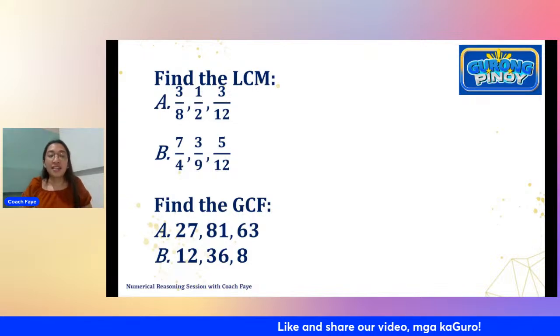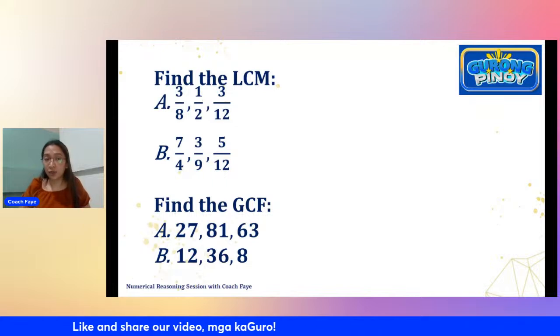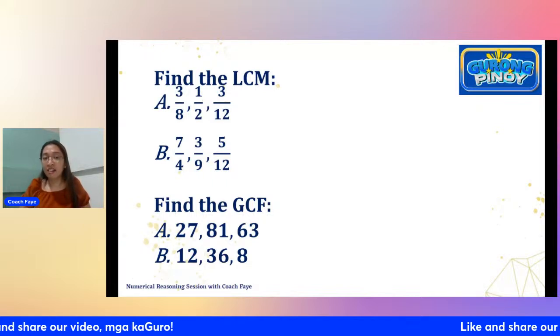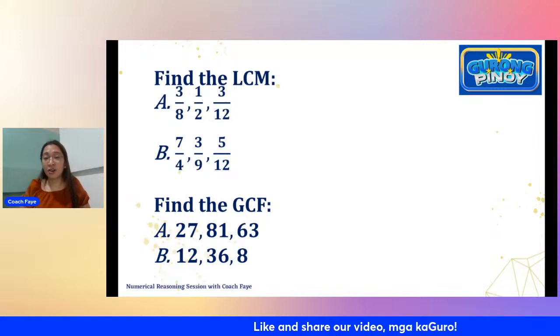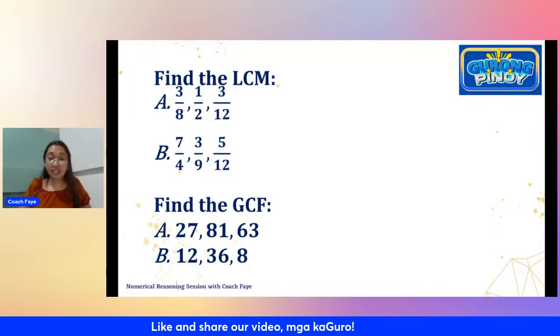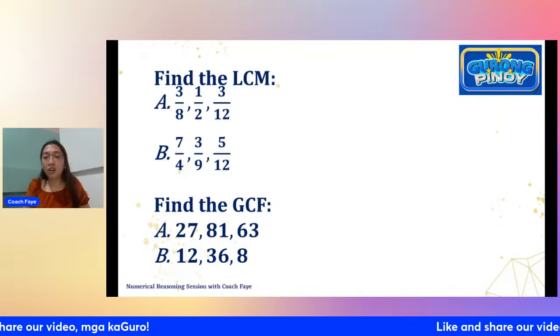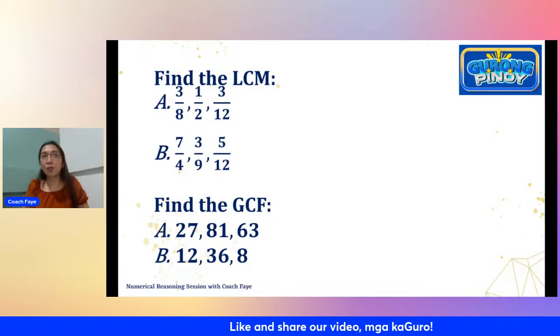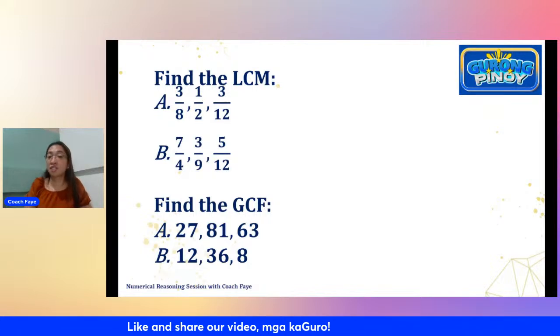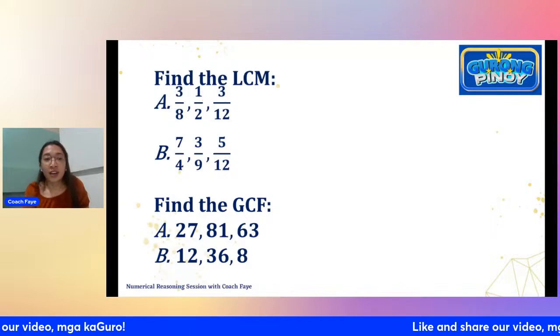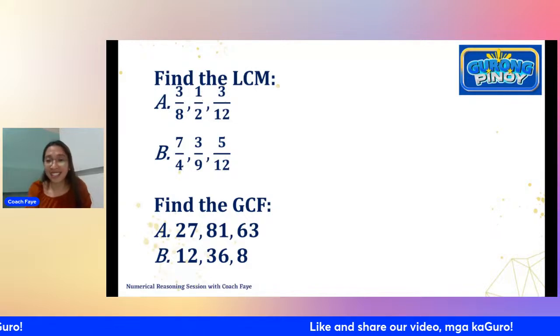Now, in item B, that's 4, 9, and 12. So take a look at your options there. Yes, pwede yung tree method ni Wayne, or yung tinatawag, that's also an iteration of your prime factorization. Kung saang method po kayo komportable, yun na po yun. Hindi nyo na po kailangan maghanap ng mga super sophisticated na methods. Basta if something works for you, then use it. So, your LCM for item B should be 36.